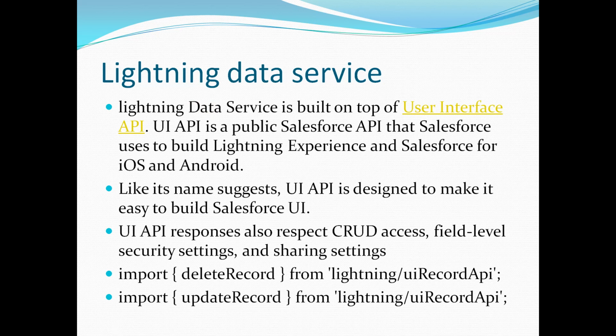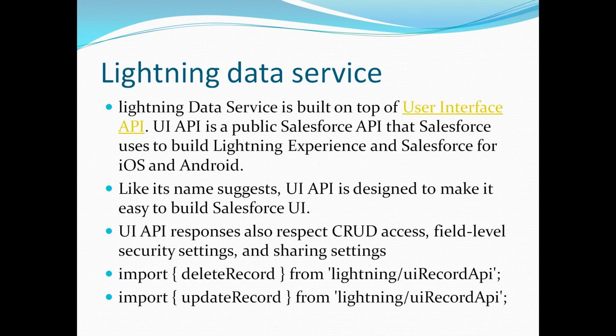See, there are two ways to do it. Like you have seen the invocation of the init, you can do the same thing with the wire. Without the wire, you can just call the method from a click of a button, pass the parameters and get the data updated. But what we are going to do now is not write any Apex code to save data. We are going to use the Lightning data service to update and save records.